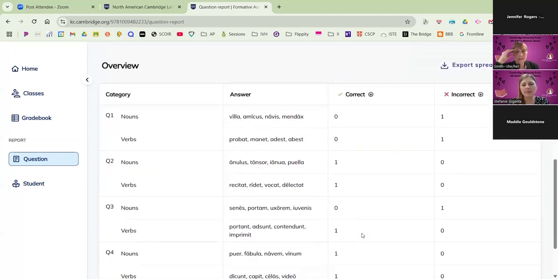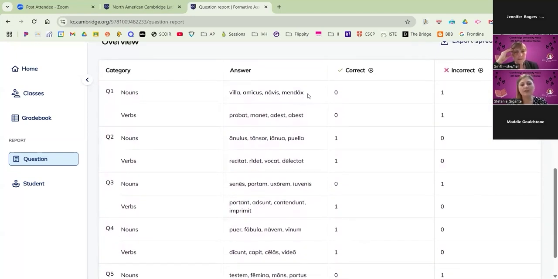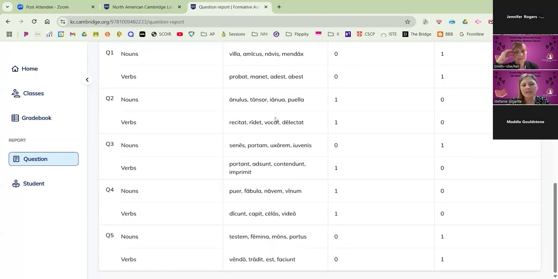Here, I can also get a much more detailed view of the sorting exercise. So these are the 4 nouns that should have been sorted accordingly. And I can see that one person got the nouns incorrect and then got all the verbs incorrect as well. So maybe these verbs, as a teacher, right, we all know like odd est and obest, kids really do struggle with these because they don't look like typical verbs. And so maybe you could make it a point in your instruction to do something that was targeted toward those more irregular forms.